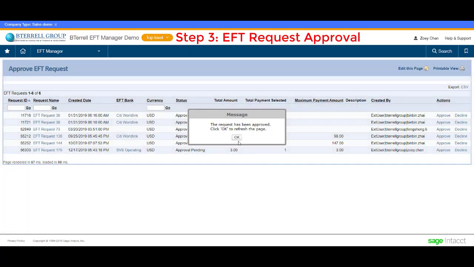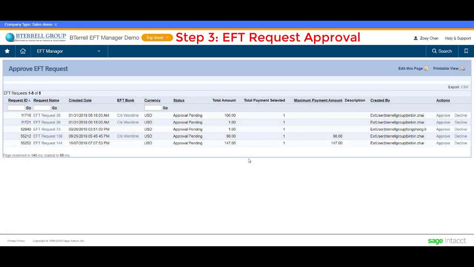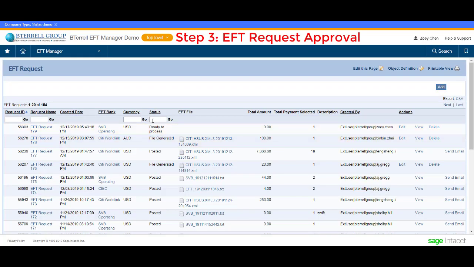Then click OK in this message box. Once the EFT request is approved, the creator of the request will get a notification by email stating that their request has been approved. If we go back to the EFT Request screen, you can see that ours now has a status of Ready to Process. Now the EFT request we created has been successfully approved, we will move to the next step, which is generating